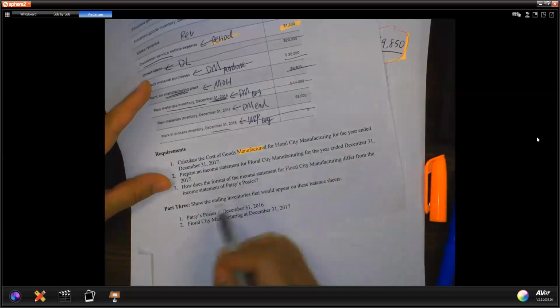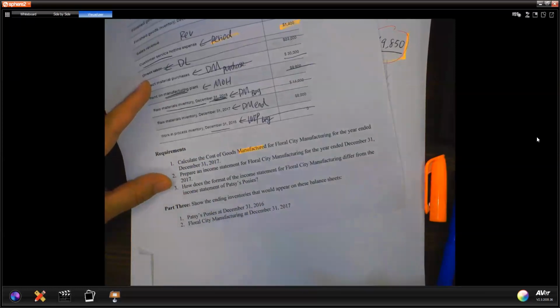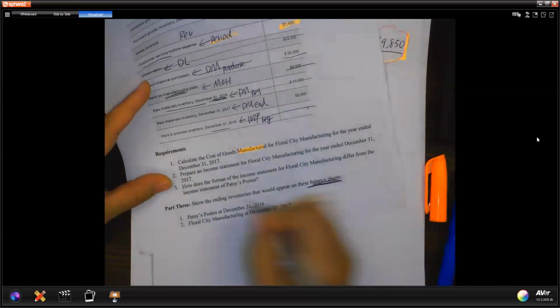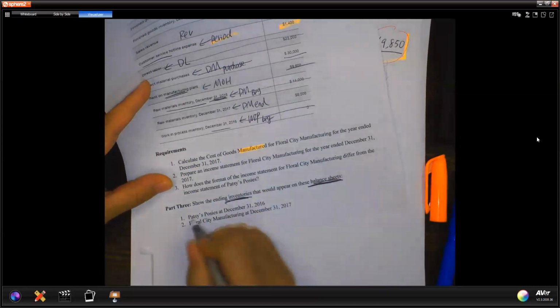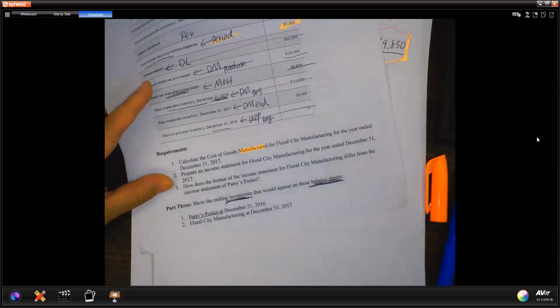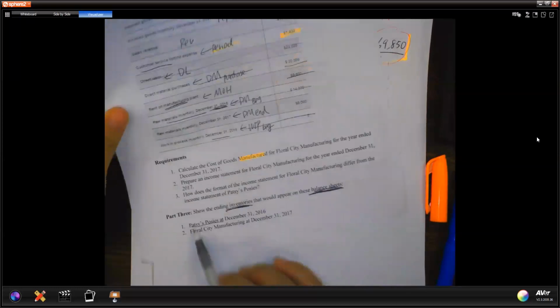And then the third question asks you about the balance sheet for the inventory. So for merchandising, the ending inventory is the thing they have, they didn't sell. So for our merchandiser, the ending inventory will be just our ending inventory,